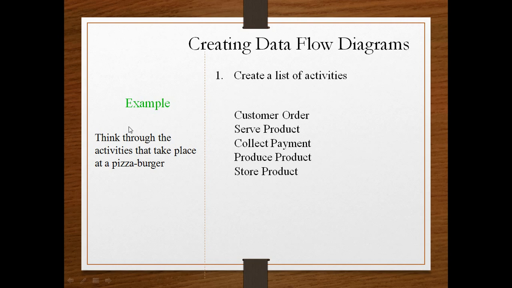So you have to list down the activities. First is customer order, then serve product. Now here I am not synchronizing my activities, I'm just writing them down. Collect the payment, and the product is produced. If a client comes and says that I want a burger with double cheese, then you have to produce it. Sometimes you keep your products ready also, so you have to store the products. Okay, the next is